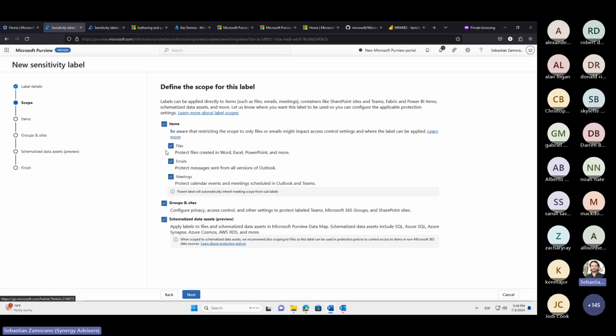Here come several other points that we need to keep in mind. Sensitivity labels can be used for three different scopes: items, groups and sites, and schematized data assets. We will focus on the first two scopes: items, groups and sites. And the third one is for the Purview data map that I mentioned at the